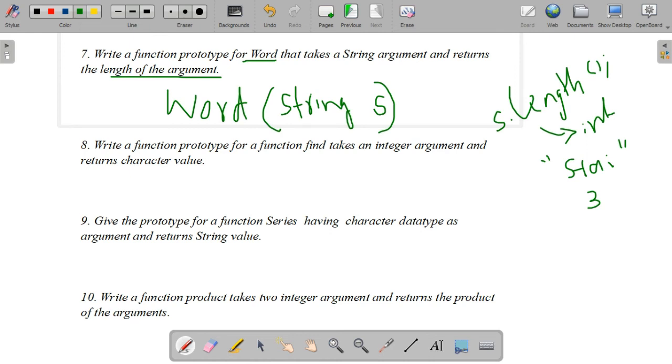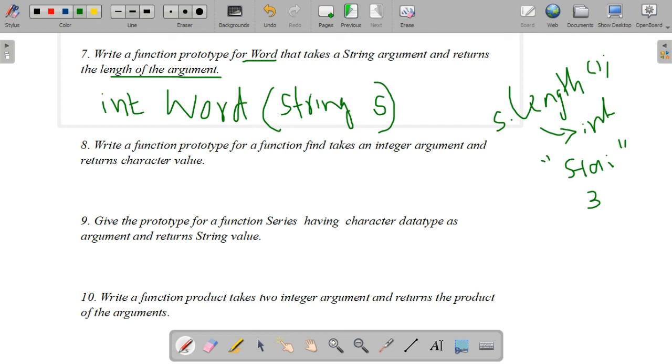Length of the string is indicated by int because length we always calculate as integer data type. So we will have the length of the argument in data type integer. So you have to write here int. Okay. This is an indirect way I have given. Returns the length of the argument. We will use the method s dot length of to find the length of the string, and it will always return an integer data value for the length of a string. So we will write the data type or return type as int.